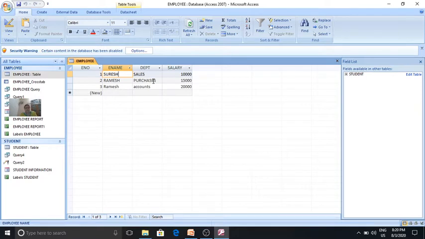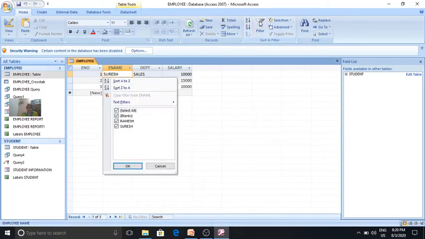What you have to do, select the column for which you want to create a filter and go to the sort and filter group and click on filters. It will ask, I want to select all.